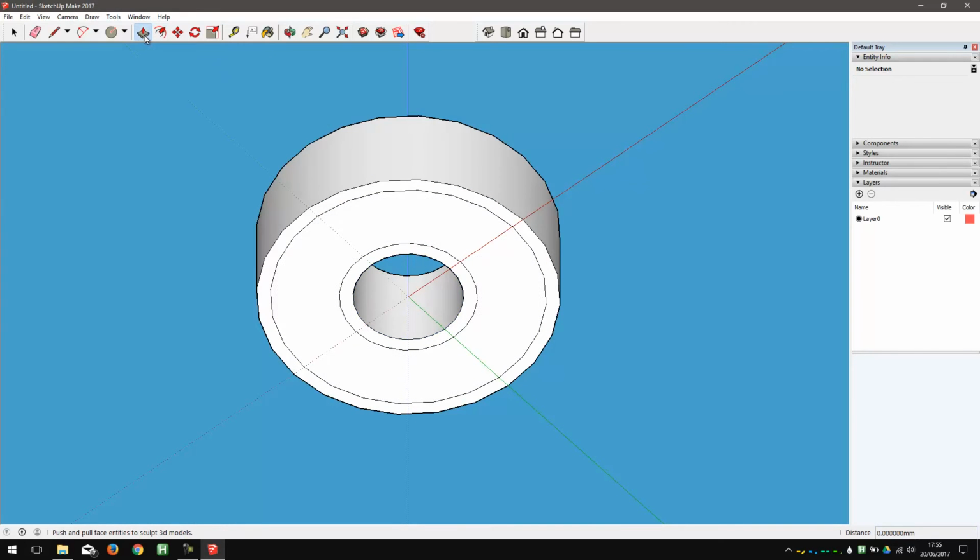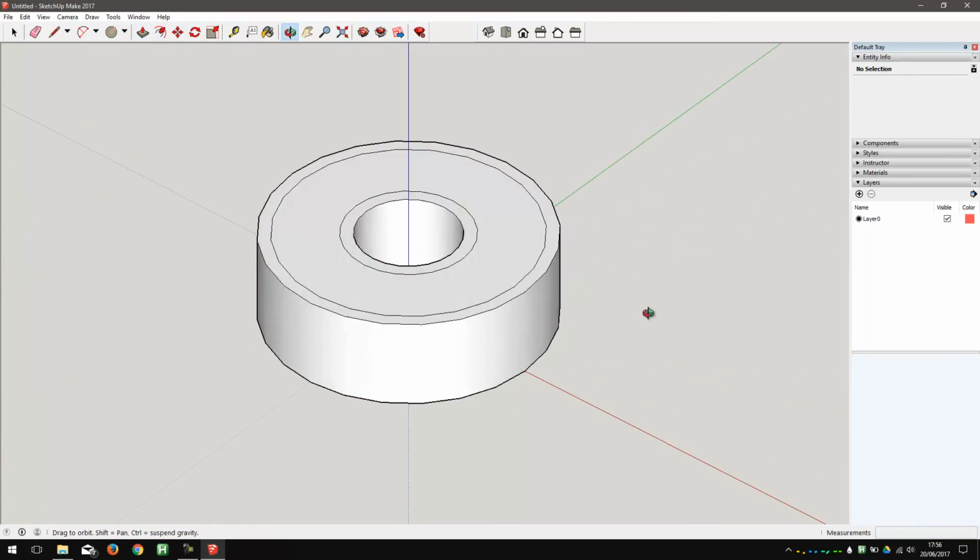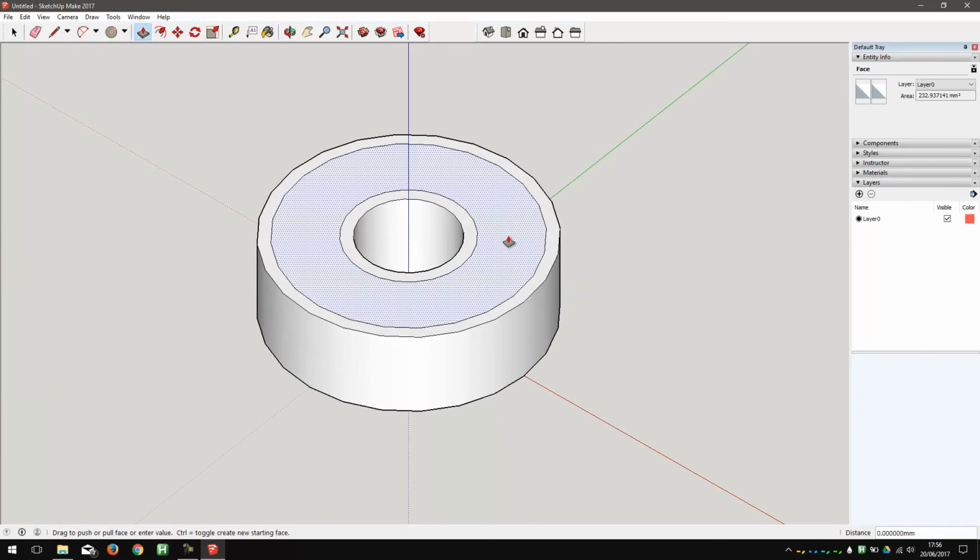Okay, let's go to the push-pull tool again, and let's click once, push up, and then type in 0.5, enter. Orbit. Click once, let go of the mouse button, push down, and then type in 1.5, enter. So 0.5 millimeter down. Okay, almost done. We're going to select the